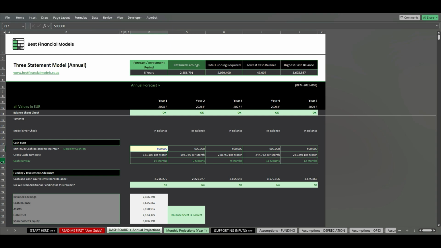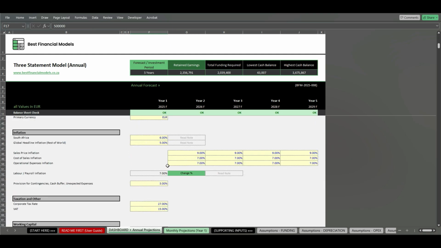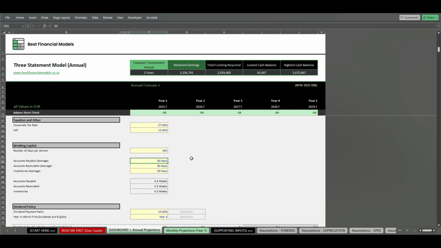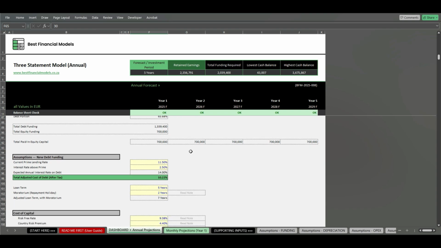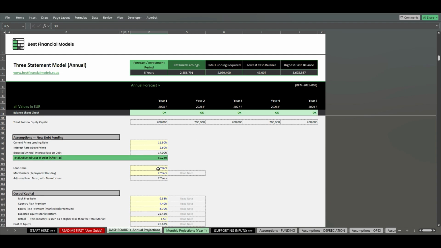So the current sheet we're on, the dashboard, is the central hub of this model, and it consolidates all key inputs and outputs into one place to provide a clear financial overview. Some of the key features of the dashboard include components like deciding on the various inflation components, tax, your working capital, your funding structure, and how your funding will be structured in the sense of whether it's debt and equity, and if it's debt, for argument's sake, what interest rate you will qualify for, how long you're going to repay the loan,